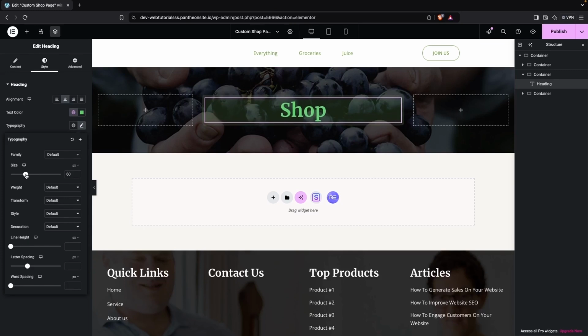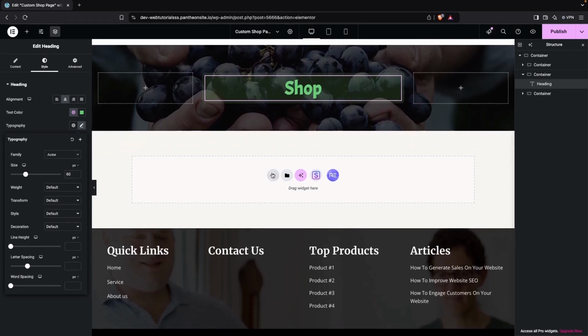So we can go here with the 60 px, and I'm going to also change the font family here. So we're going to go here with Acme. Perfect. Alright, so now what I have to do, I have to click on